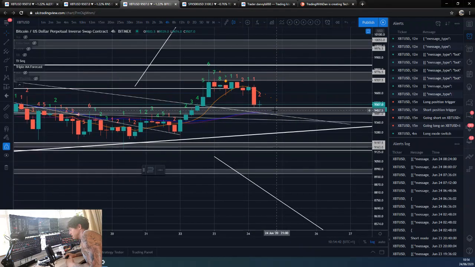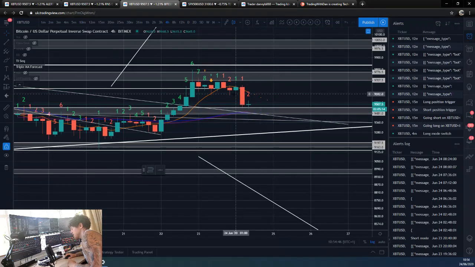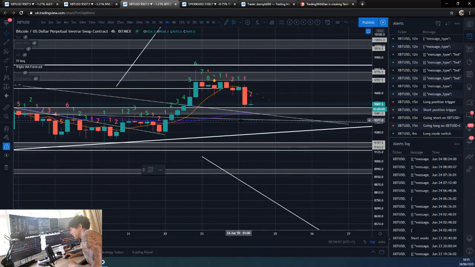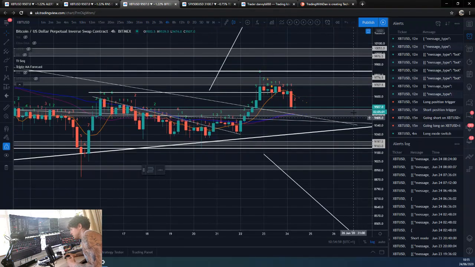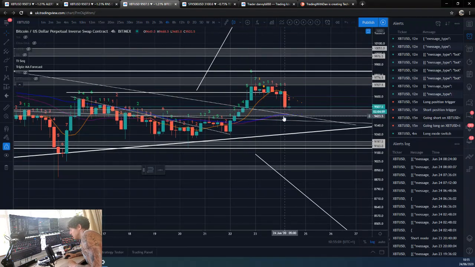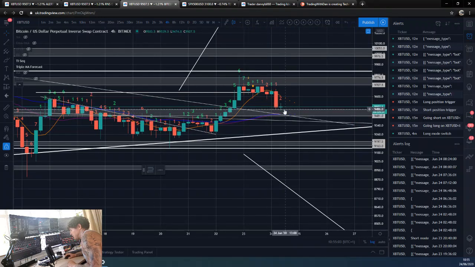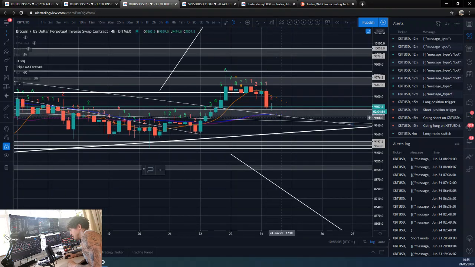Often with moves down like this, we can move down more. You get a swift move, that's an increase in volatility. That's a high momentum move, and that high momentum can lead to further moves in that direction. This is just a general trading principle. Whilst I've got the orders, I had orders here, I've still got orders set at 9,400. And if we consolidate around this zone and don't make a big move down, I'll obviously take those trades.